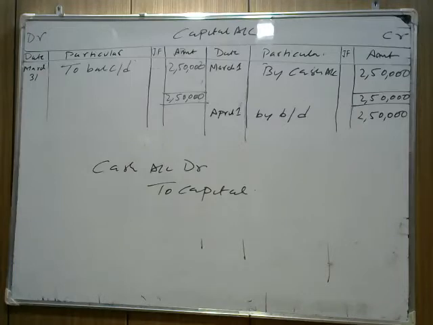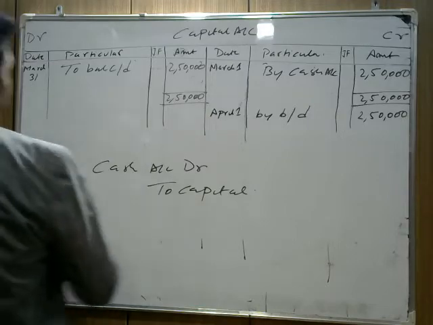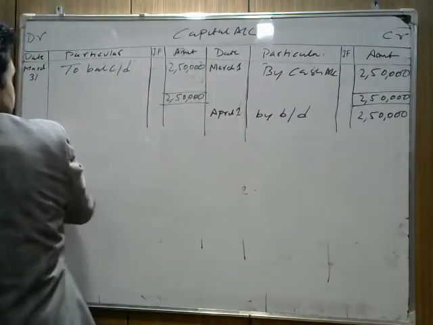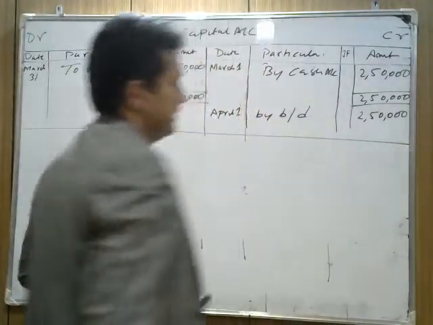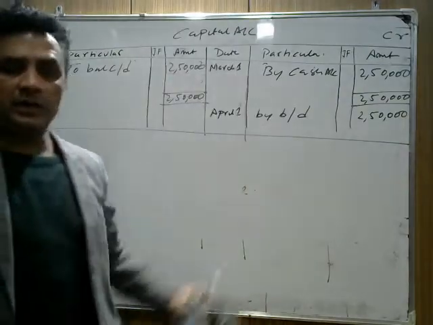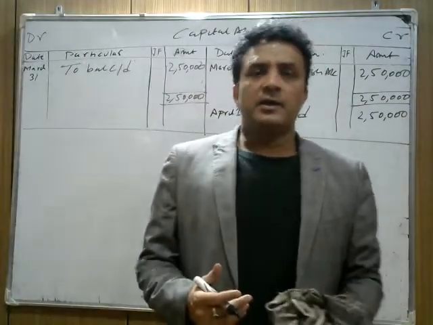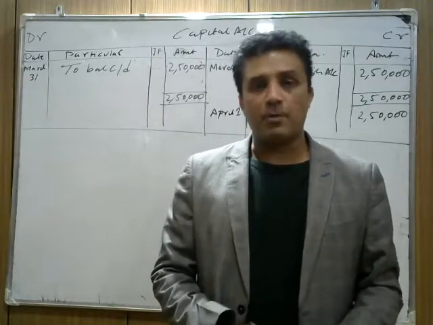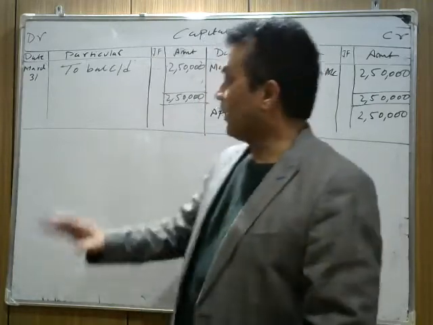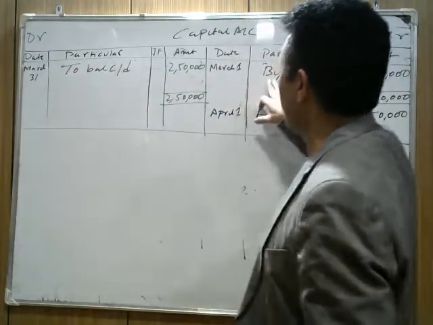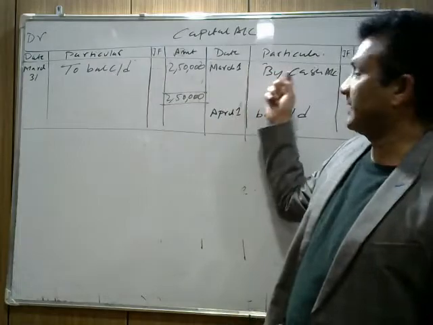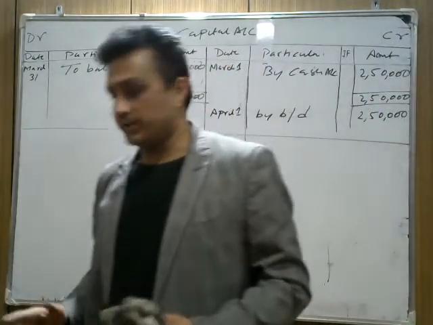Have we prepared the second ledger? This is capital account, an important part. Next ledger is now, one more thing you remember: "by" and "to" is not compulsory to write. It is a traditional method. Now it's not compulsory to write "to" or "by", but many teachers follow this. You have to write with the proper format or the proper transactions. But as per the modern era, "to" and "by" is not compulsory to write. So you simply write balance c/d. You can write cash account, which is also correct.